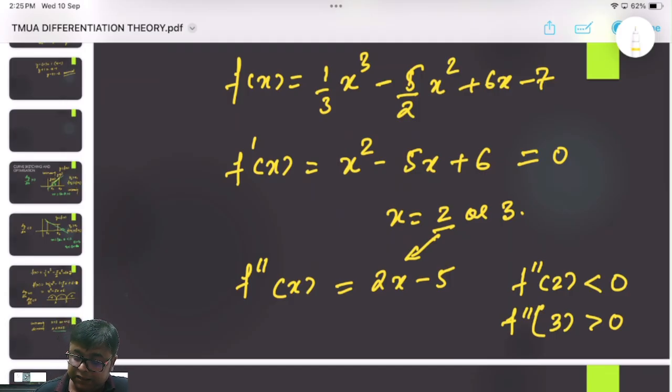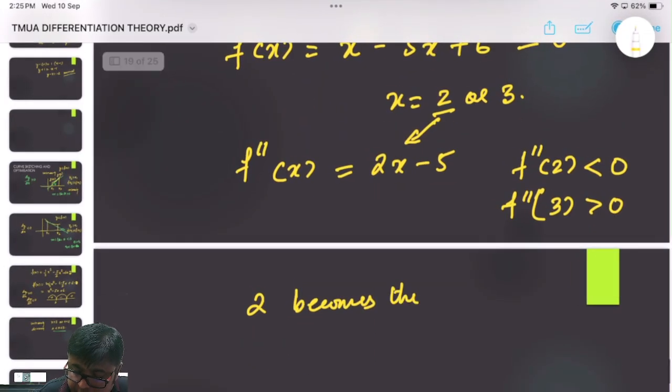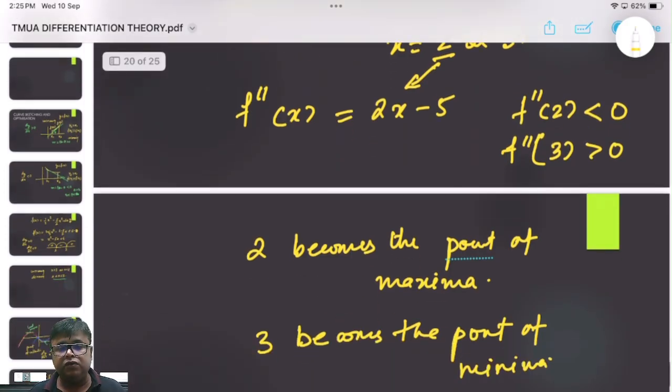So second derivative test, if it is less than 0, it is negative. So if it is negative, then 2 becomes the point of maximum, and since f double dash 3 is positive, 3 becomes the point of minimum. So what you have to understand is, on putting the first derivative equal to 0, the points that you